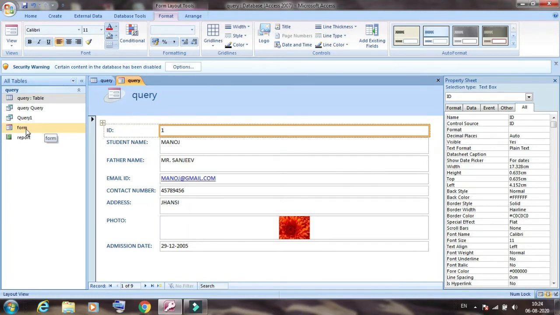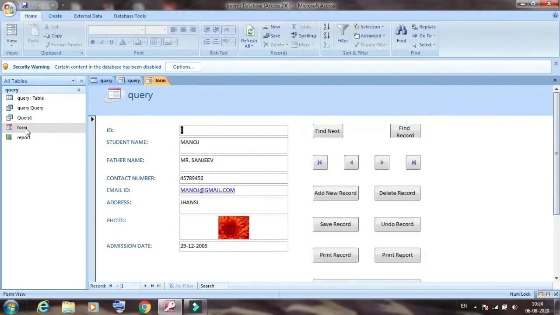With the help of this form, you can create a new entry in a database, delete a record from a database, and then save a record, undo a record and print a record. So we will learn how we can apply this type of button into the form.